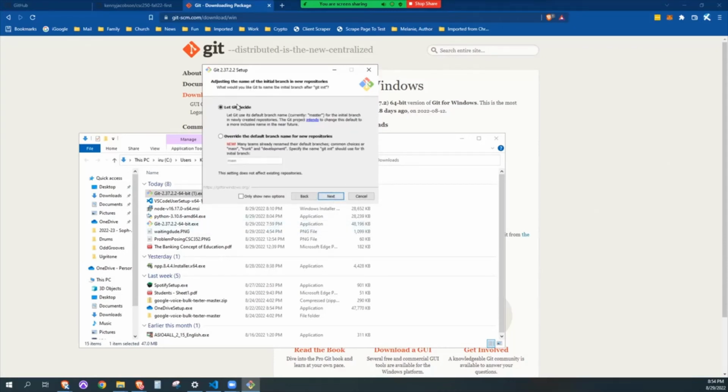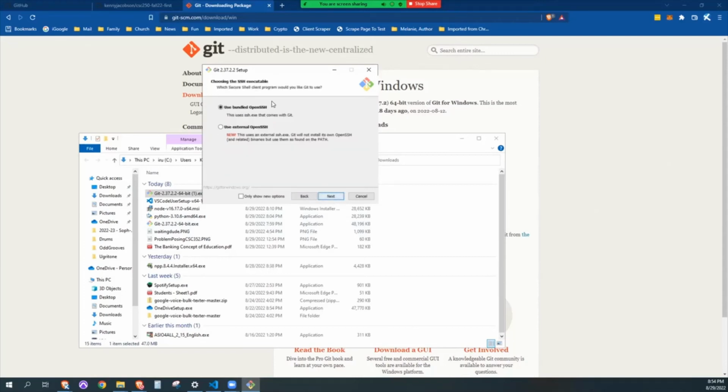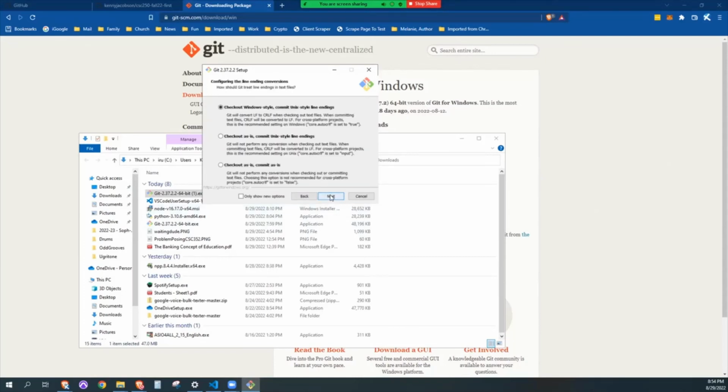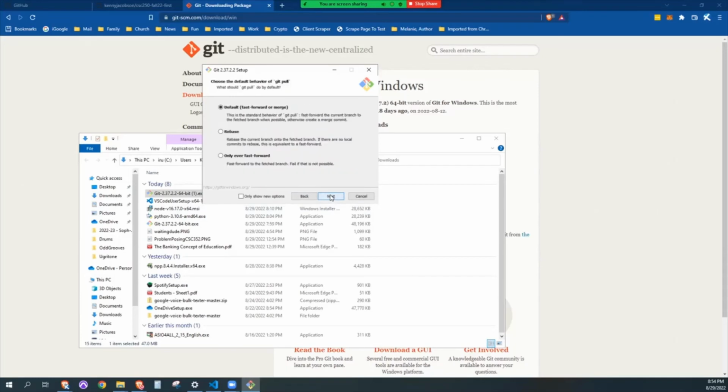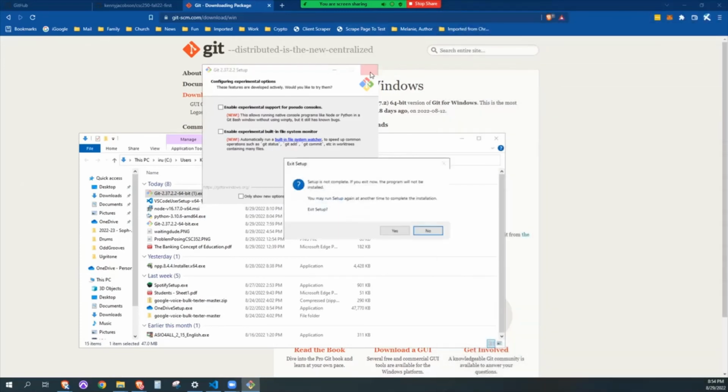So we'll click next. We'll do let Git decide. We'll just do all the defaults here. Make it through. I don't want any experimental stuff. And this is where I'd click install. I've already installed it. I'm not going to do it again, but it'll just run through it. And then